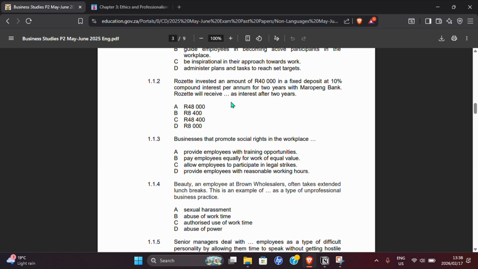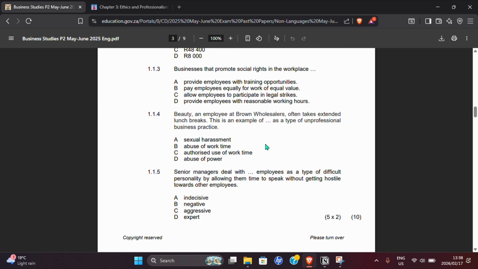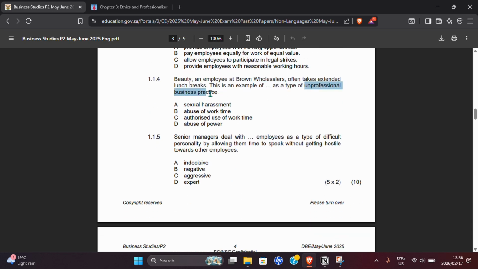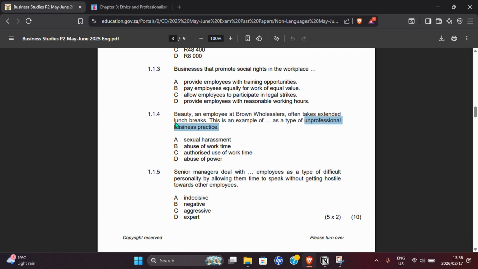If the same question appears 2 times or more, write that down again and do it again. Do not think that just because you've done it 2 times already, you remember it now. Do not be that person. Go ahead and do it again. You're only doing yourself a favor by putting it into your brain more so that you memorize it. And there you go, unprofessional business practices. That's from ethics and professionalism. Do that question and answer it.